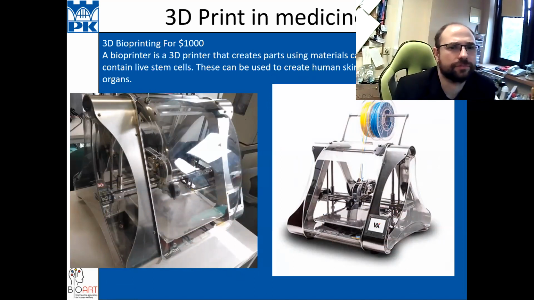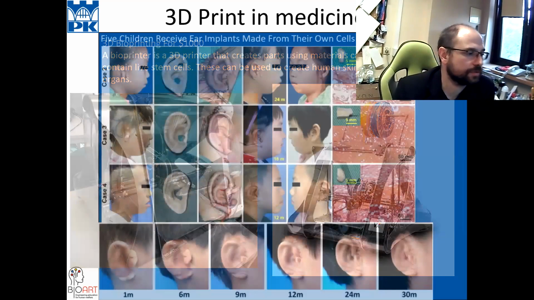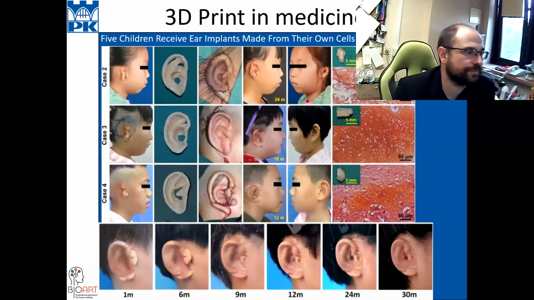but I think that you are tough and you don't have a problem with that, because a few years ago in China they printed ears for children who were born without ears.